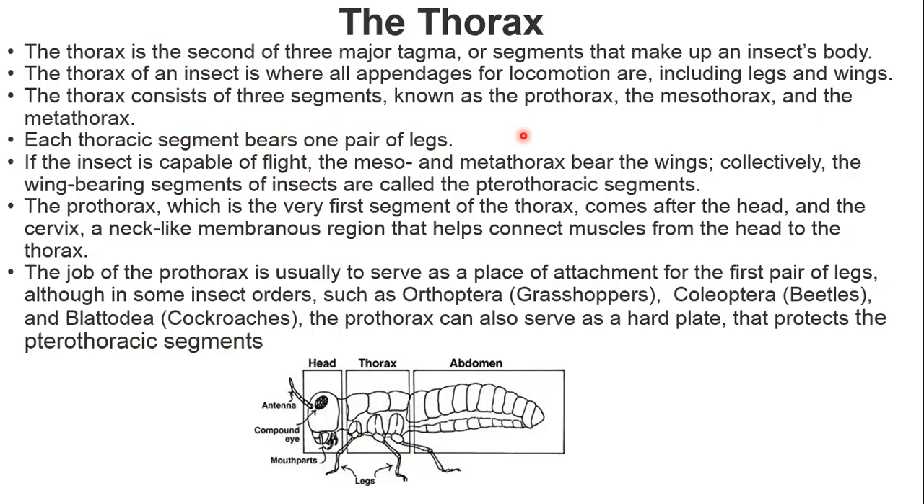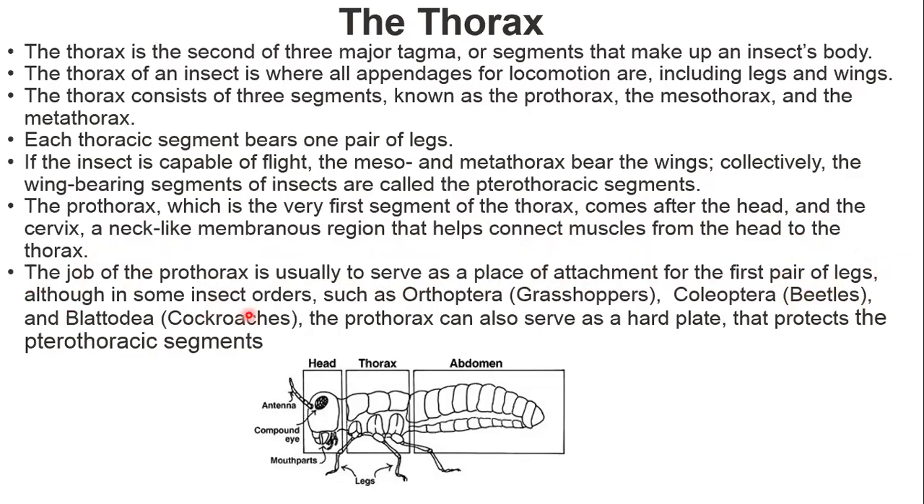If the insect is capable of flight, the metathorax bears the wings collectively. The wing-bearing segment of insect is called the pterothoracic segment. The prothorax, which is the very first segment of the thorax, comes after the head and the cervix, a neck-like membranous region that helps to connect the muscles from the head to the thorax. The job of the prothorax is usually to serve as a place of attachment of the first pair of